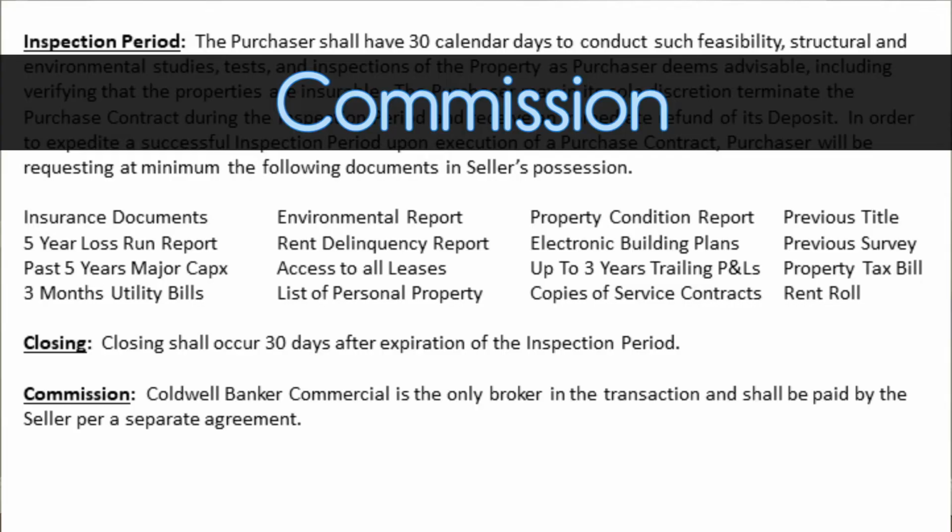Just kidding. It's simply pointing out who the broker is and which party is paying them. The majority of the time in investment sales, there's usually just a listing broker, which is typically paid by the seller. If there were also a buyer's broker involved, or only a buyer's broker involved, maybe it was an off-market transaction and the broker brought you directly to the seller, then you'll need to specify whether it's the buyer or the seller paying that broker.